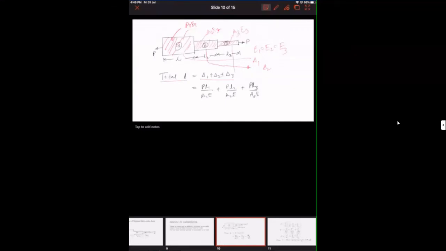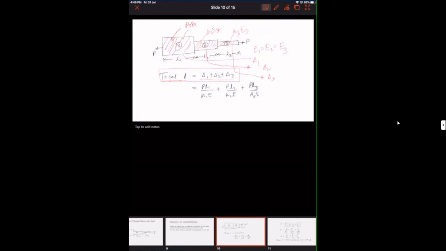Whatever the deflection in my third element, I am taking as delta 3. Now, I am adding the effect of all three of these deformations. So my total deformation will be equal to delta 1 plus delta 2 plus delta 3. To apply such a condition, what I have done is use the principle of superposition. Without using the principle of superposition, I wouldn't have added delta 1, delta 2 plus delta 3